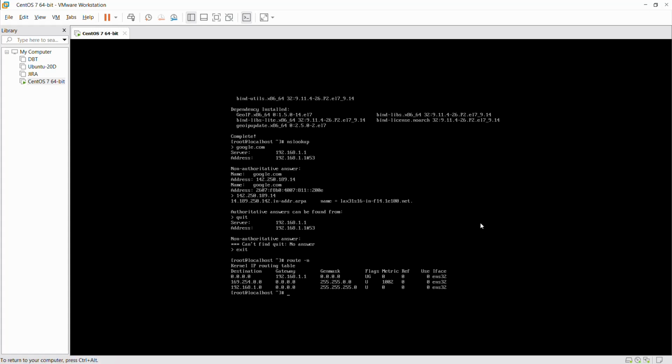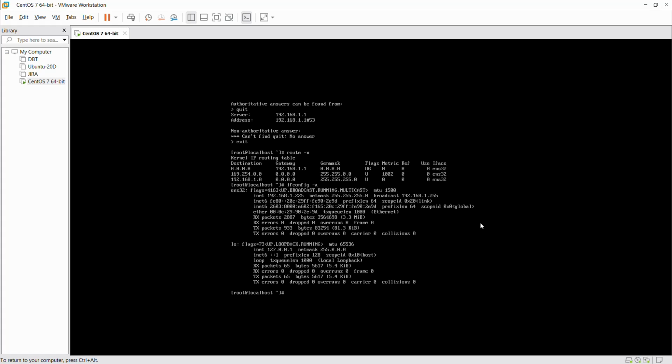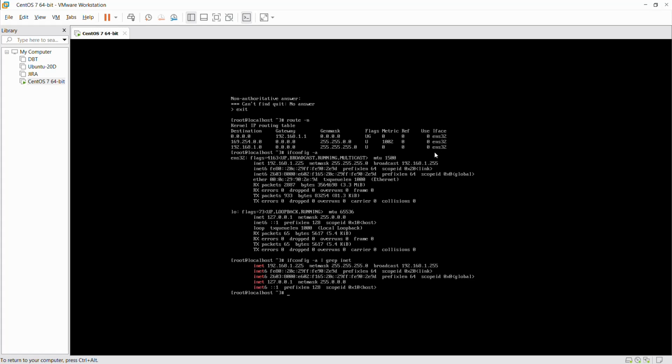Your IP address is from ifconfig -a. That's your IP address, 192.168. To be more precise, grep inet. Just inet, I don't want inet6, but inet.